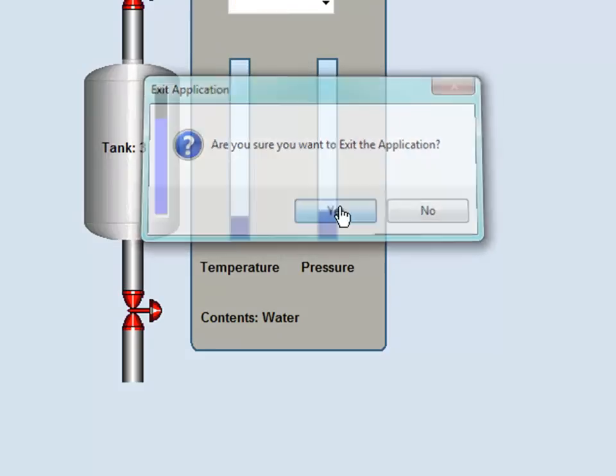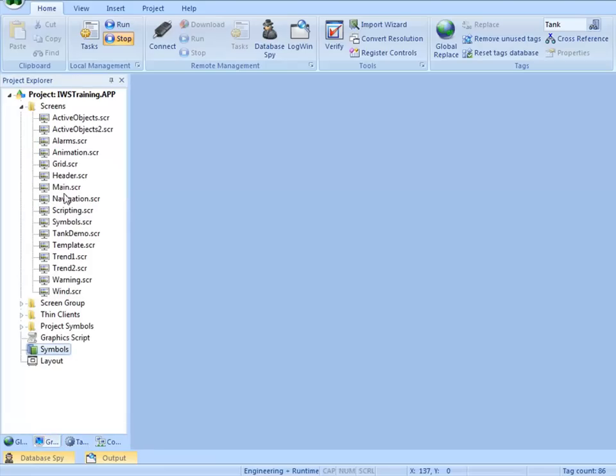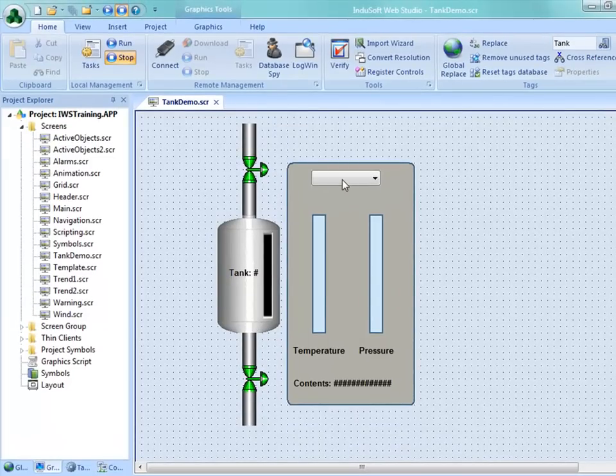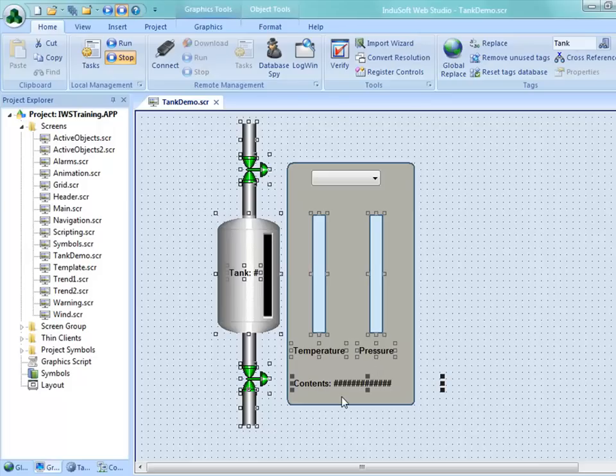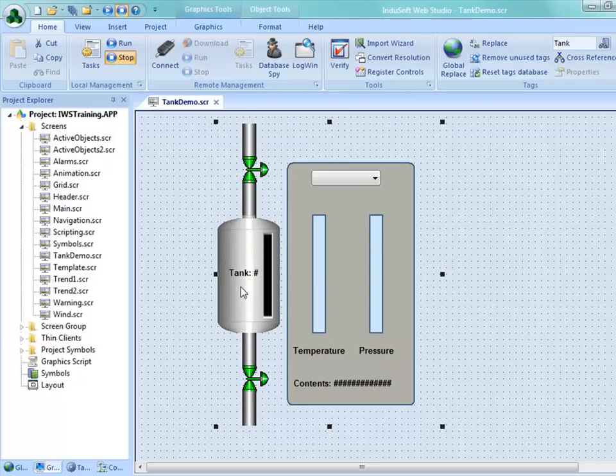Now let me show you another concept of something else that we do in the training class. If you were to visit our Austin, Texas facility, there's another option that you have on the tanks. Instead of drawing one set of tank and valve combination that does everything, we do something else, which is to select the tank. Let's say I'm going to hold down my shift key, select the bar graphs, the text, and the contents here, and then what we might do is group this, and I'm going to go ahead and move all of this over